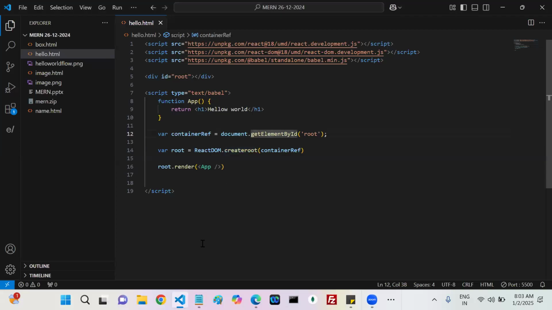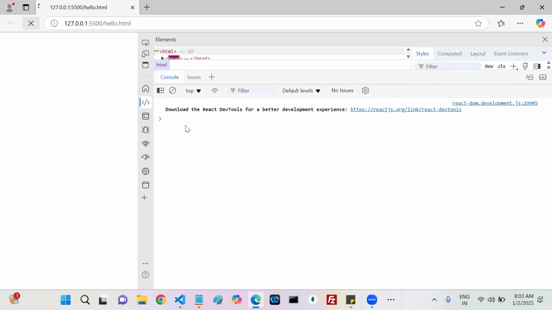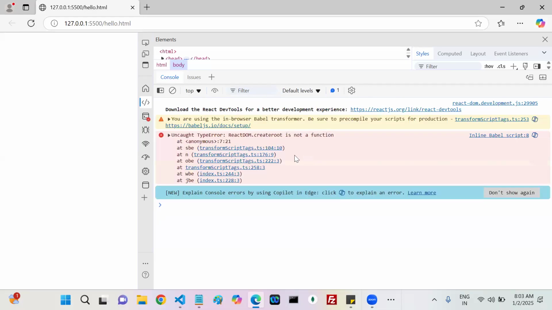Let me save it, already saved, right? Let me go to our browser and just refresh. Now you can see the error message is ReactDOM.createRoot is not a function. This message may vary, but wherever you see 'is not a function' from now on,